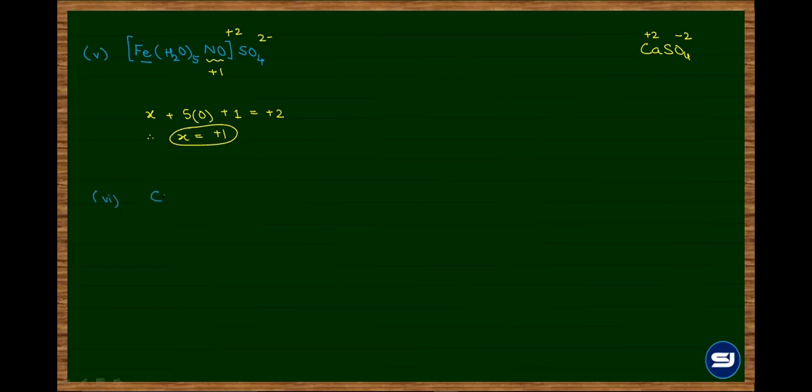Okay, then CH2O. CH2O is the molecular formula of H-C double bond O. Can you recognize the compound now? It's an aldehyde, the first aldehyde. Common name? Formaldehyde. The oxidation state of carbon is to be found. So it will be X plus 2 for hydrogen minus 2 for oxygen, equal to 0. So in formaldehyde, the oxidation number of carbon comes out to be 0.